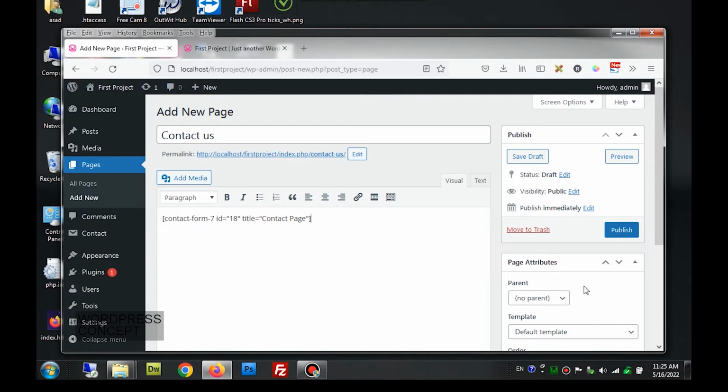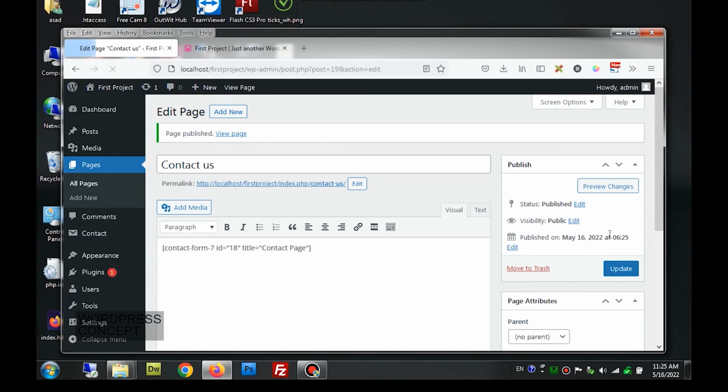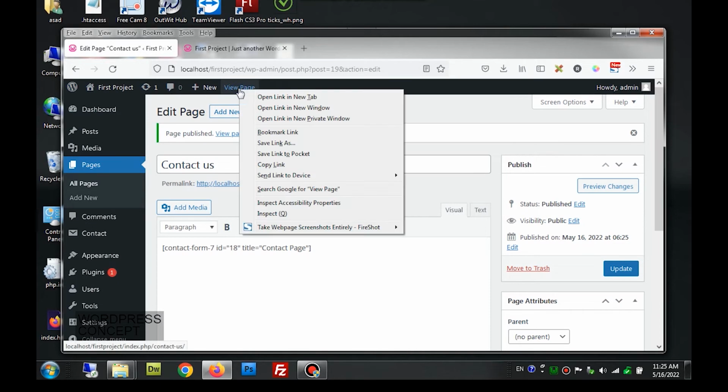and we will select the default template, or as we have selected a full page template for the home page, we can select a full page template as well, but for now we will select the default template and click on publish. Now this page is saved. To see this page, we will have to right click on this view page link, and